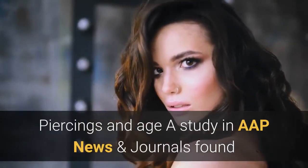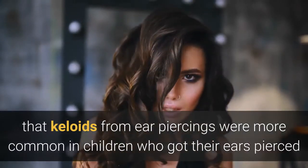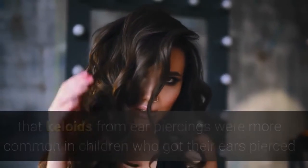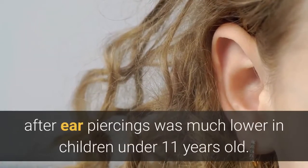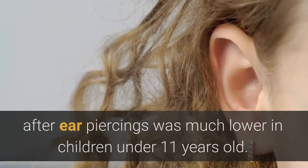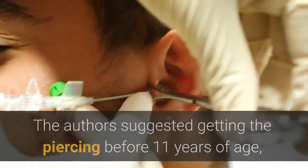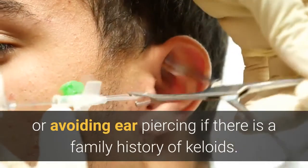A study in AAP News and Journals found that keloids from ear piercings were more common in children who got their ears pierced after 11 years of age. The incidence of keloids after ear piercings was much lower in children under 11 years old. The authors suggested getting the piercing before 11 years of age, or avoiding ear piercing if there is a family